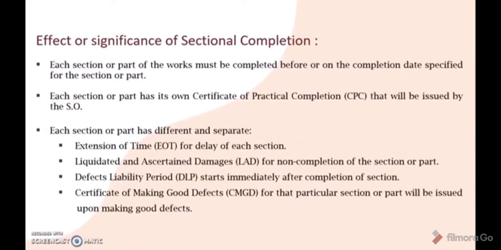After completing the section or part of works and getting the CPC, the DLP for each section or part of works will start, and the DLP is 12 months from the date of sectional practical completion. And last, the Certificate of Making Good Defects (CMGD) for that particular section or part will be issued upon making good defects. If any defect appears in the section or part of the works during the DLP, the SO